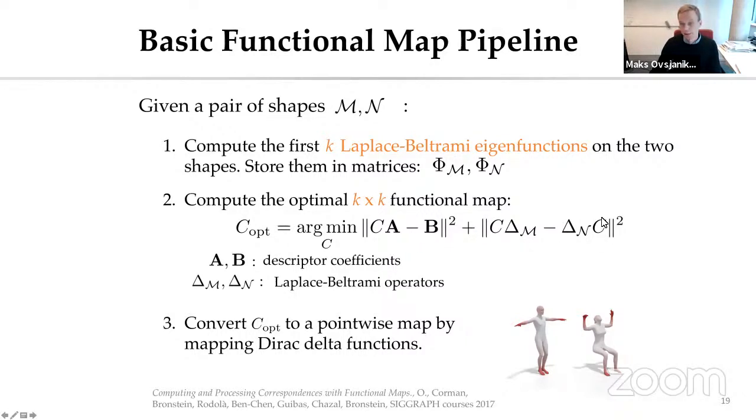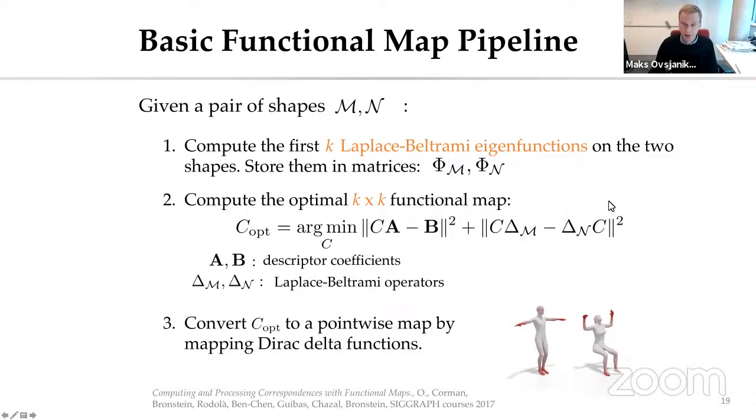And second, we have another term that says that this functional map C should commute with the Laplacian operators of the two shapes. This term is a kind of prior that says we expect the geodesic distances of the shapes to be preserved under the map. Meaning that if I have a pair of points on the source and I measure the geodesic distance before, then if I map those points, the geodesic distance should be small.